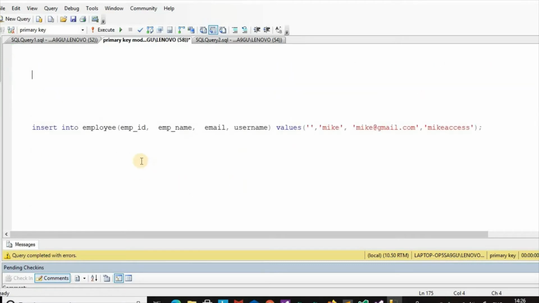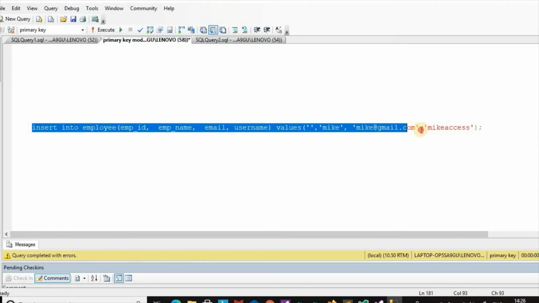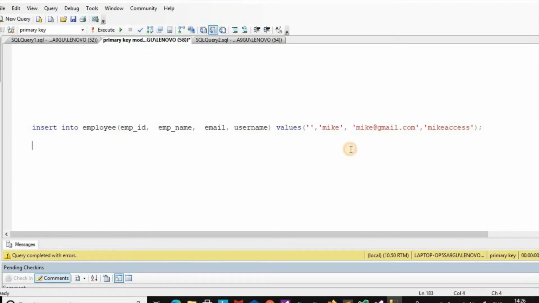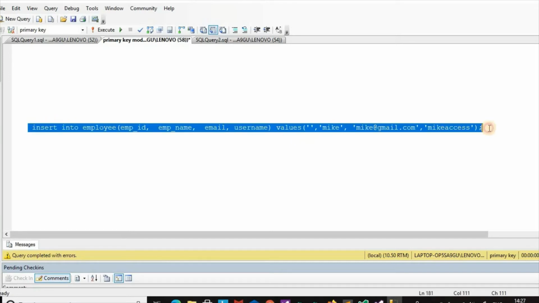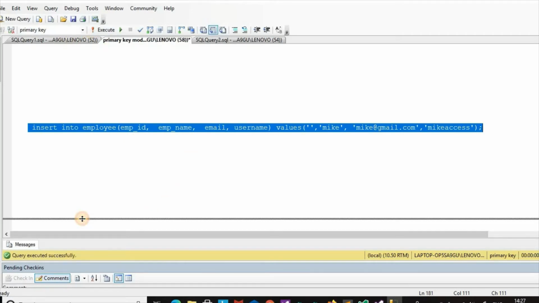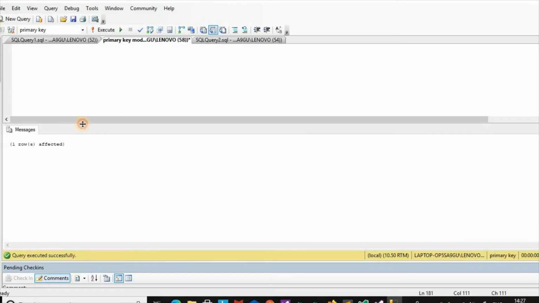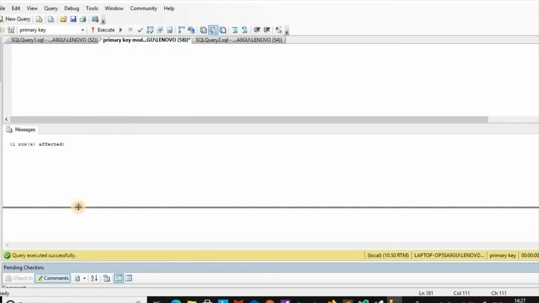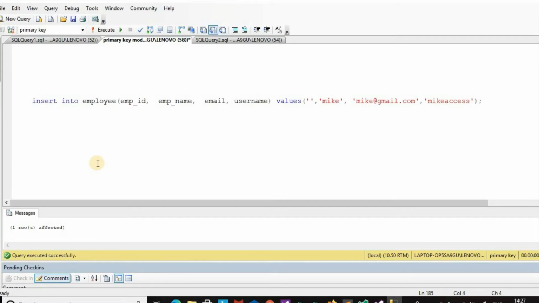Now we can give a space here. Anybody can give a blank value for EMP ID, only a space. In this case the query executed successfully, even with this space. Select star from employee.